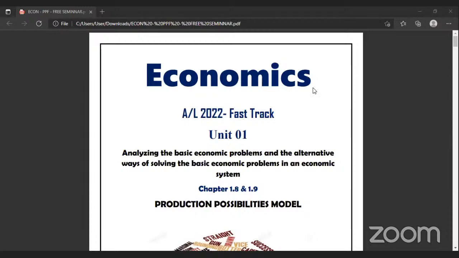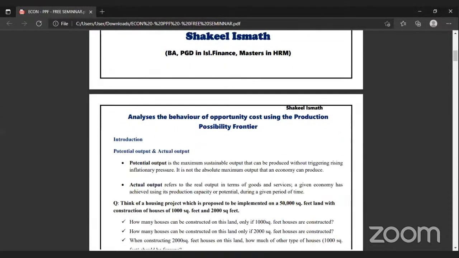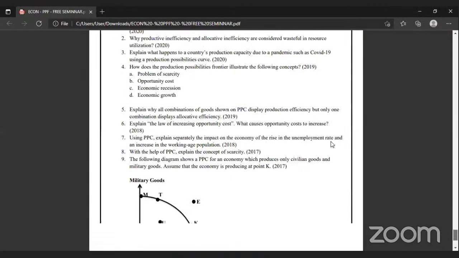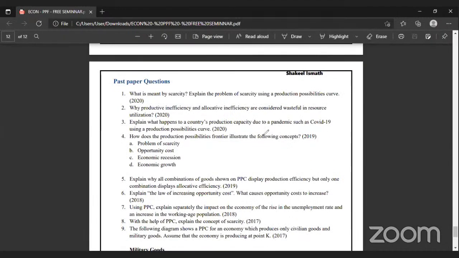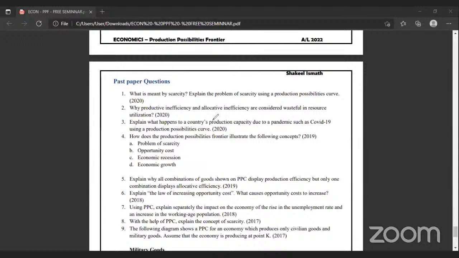Before that, it's one of my ways: normally, I explain the problems first of all. I will show the problems before we teach the theories, right? Before we teach the solution, I give the problems. So why are we learning economics? Even if I can justify it for practical life, it is necessary.